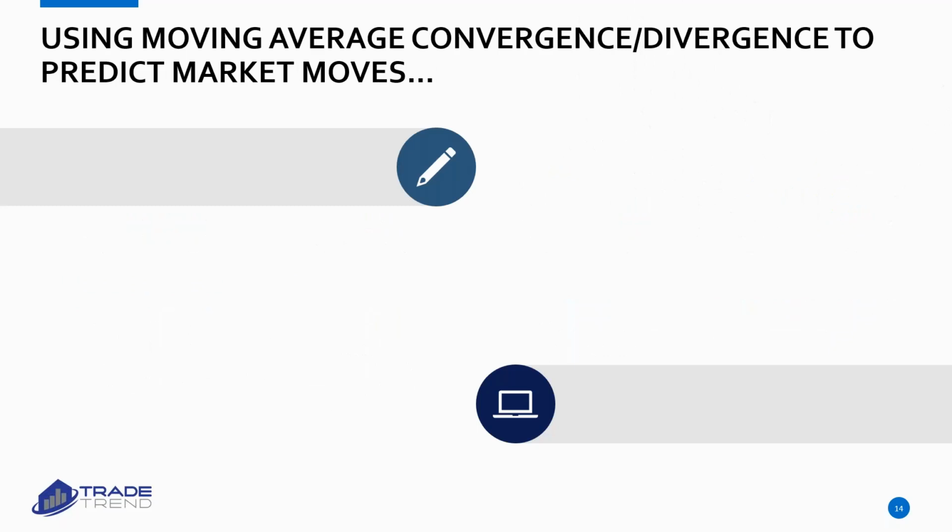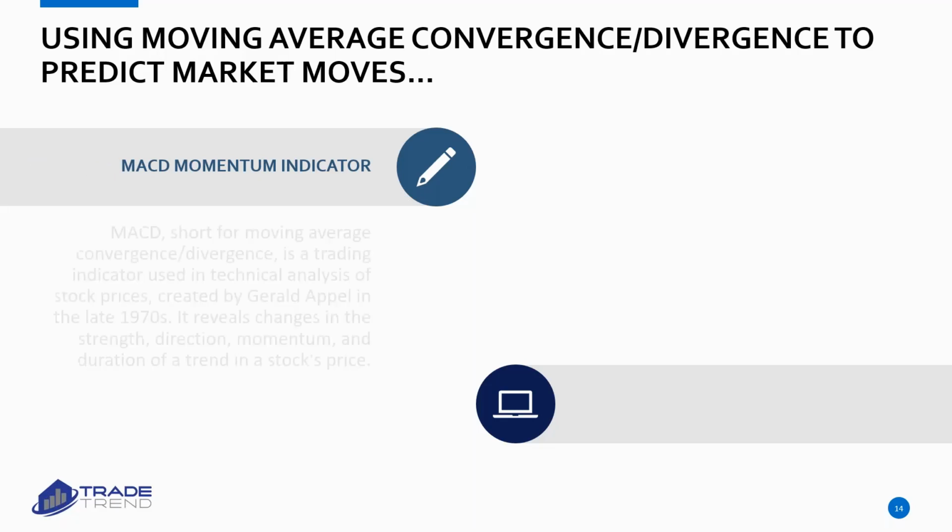So just like all of these indicators we just looked at, they can be used in many different ways. For instance, the MACD, a lot of traders will use that as a divergence indicator, looking for divergence between the indicator and stock prices. Some will use it as an overbought or oversold indicator. And so I'm going to talk to you a little bit about how I use this to predict market trends